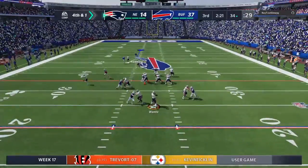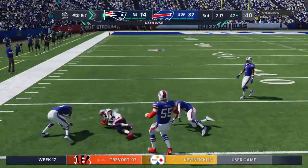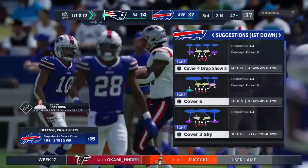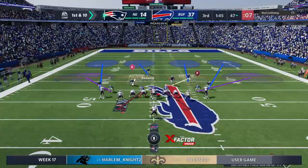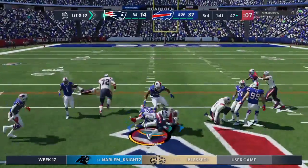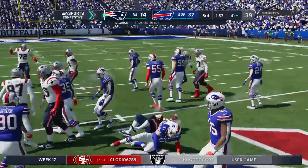It's now 4th down. He's got his man on the crossing route. And he'll be taken down, but not before he works it past the 50. A big roll of the dice on 4th and 1, but it pays off. They convert. New England. Here's Geis. And he picks up about 6 as he gets this down to the...